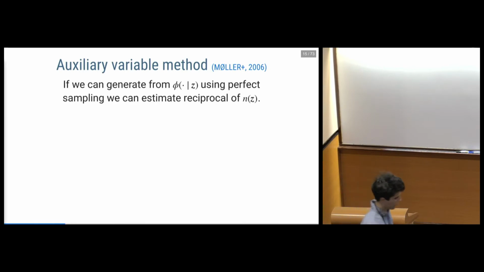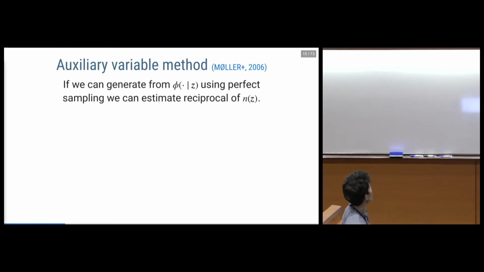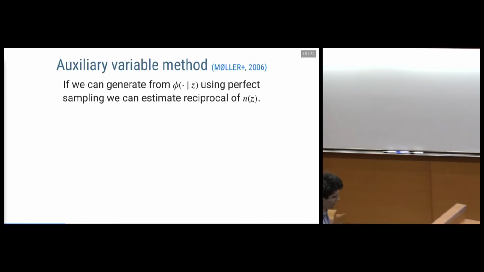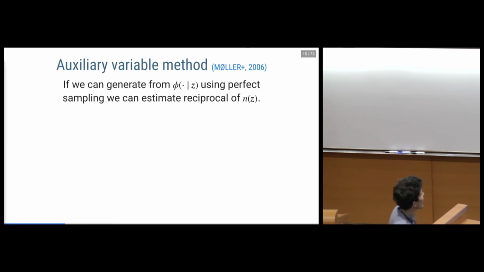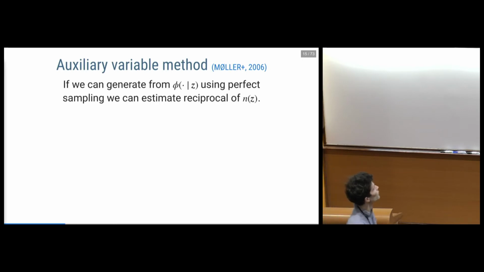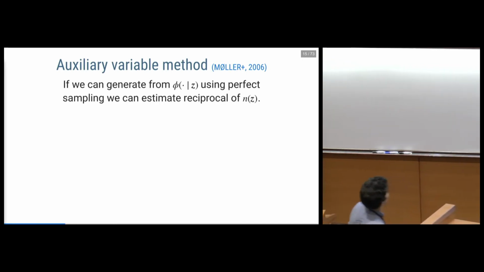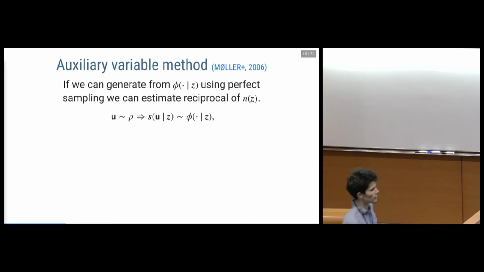There is, however, this concept of perfect sampling methods, in particular things like coupling from the past, which will allow us, given Markov chains which couple at some point, and then if we consider the infinite history of those Markov chains, to come up with exact samples from this distribution of interest at quite considerable cost. So this is not a cheap method, but we can at least feasibly generate a few exact samples from this distribution. If we have access to exact samples, there's a way to construct an estimator proportional to the reciprocal of this normalizing constant, and that's what we need to be able to come up with an unbiased density estimate.